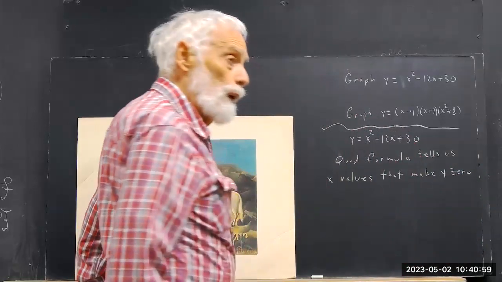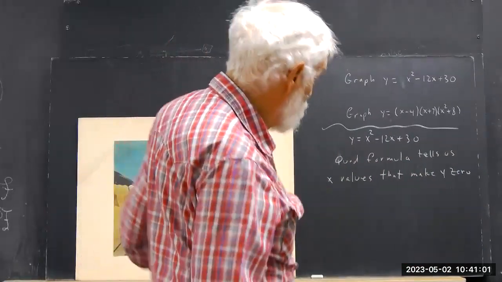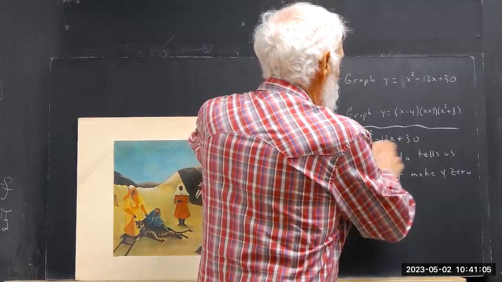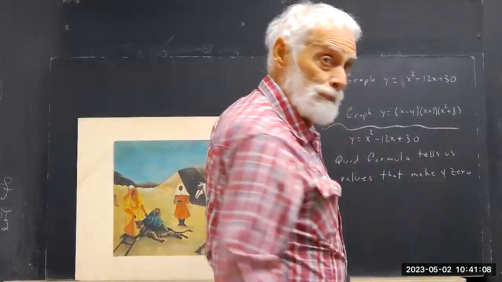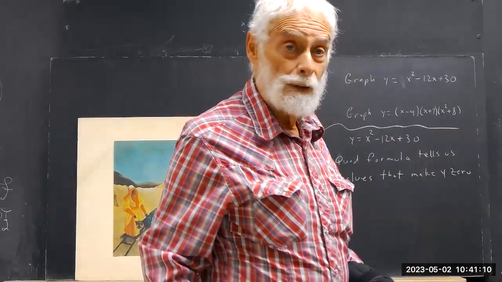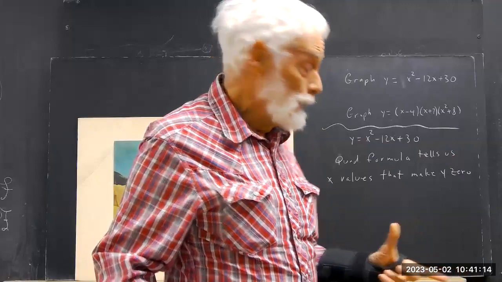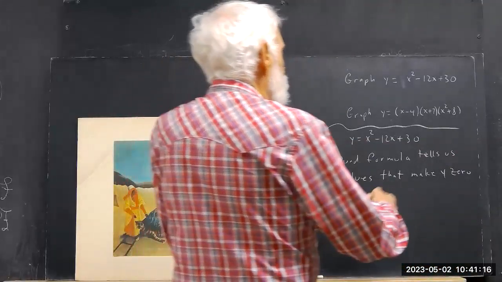X values that make y 0. Because the quadratic formula gives us a solution to a quadratic equals 0. So we really have to understand that about the quadratic formula, what it's telling us. Okay. Now,